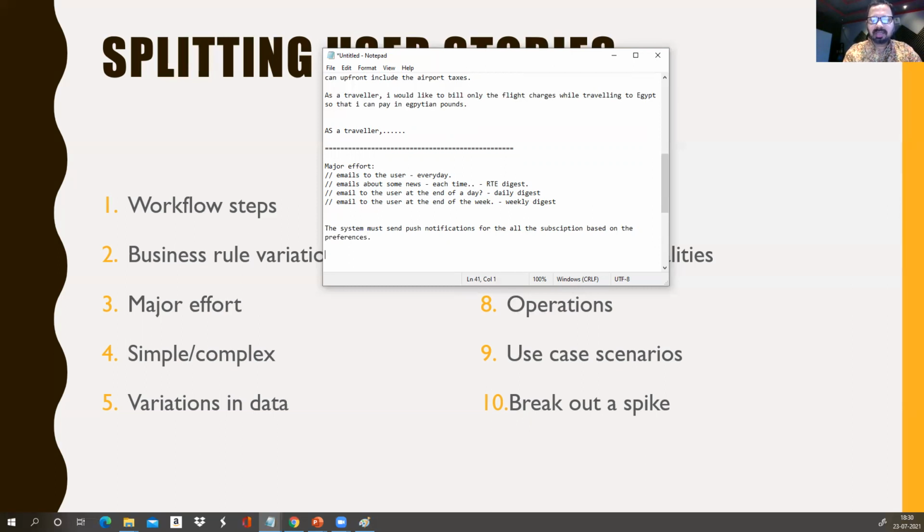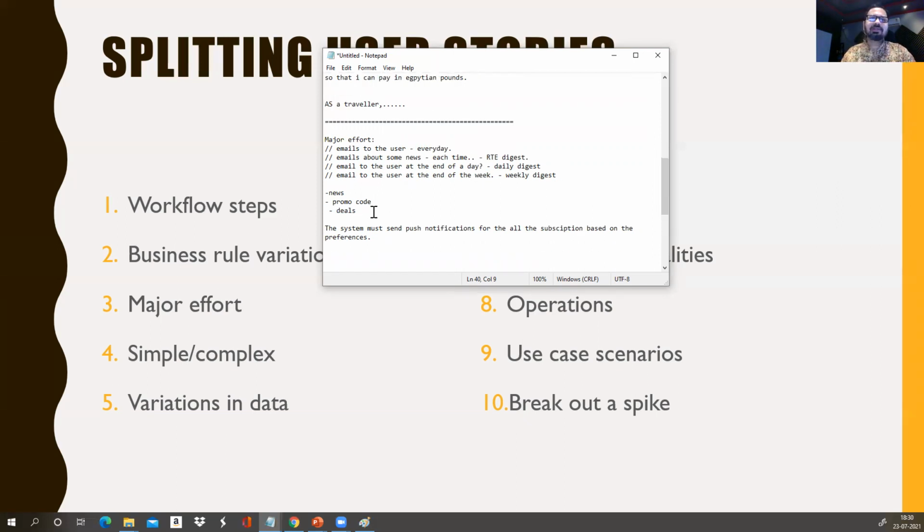Preferences could be for maybe the general news, preferences for the promo code, preferences for any deals or whatever, right? So you may get these kind of 3 subscriptions we have, and these 3 subscriptions you can be enrolled into all or any one of them or none of them, and you may receive instant emails, daily emails, or weekly emails. Okay. So now, how would we write that?